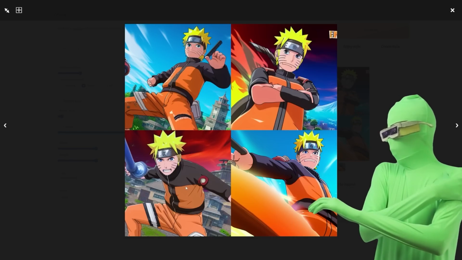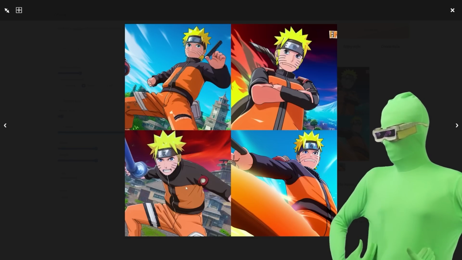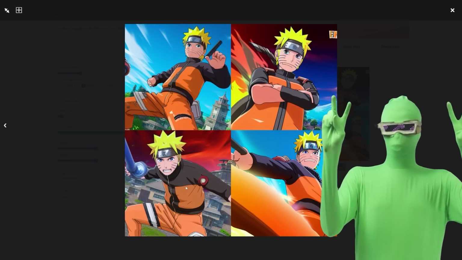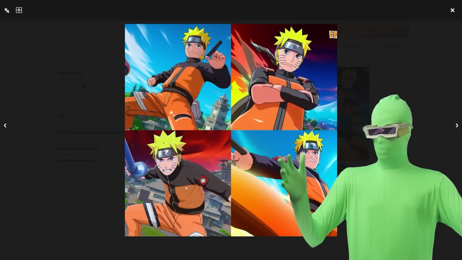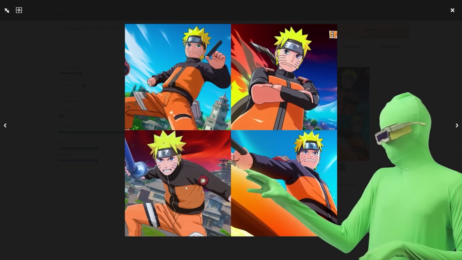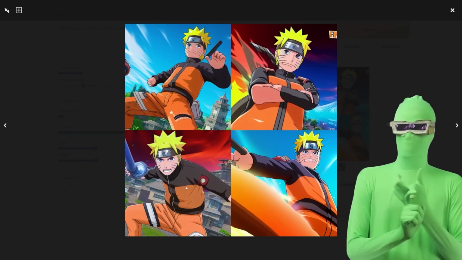You can see that all of them, he has the Shippuden look, the suit, because Naruto has multiple suits that he wore throughout the anime. But you can see that he's more consistent. Again, the face is kind of derpy, but I feel like this is just SD when it comes to anime characters in general. It's not 100%.